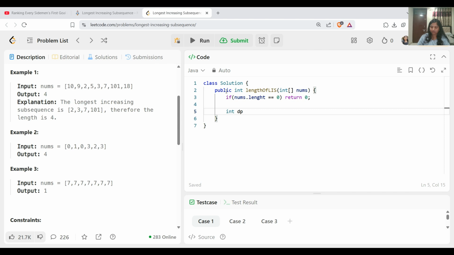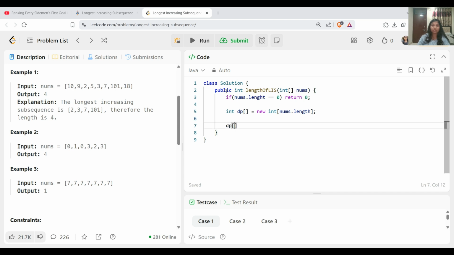So we need a dp first, equal to new int array of the length of nums.